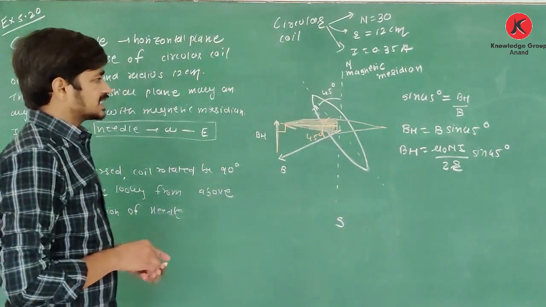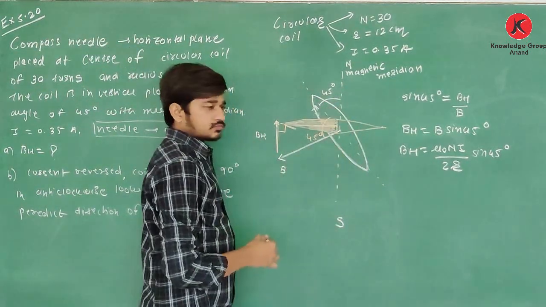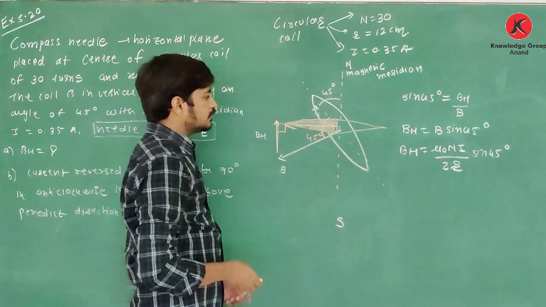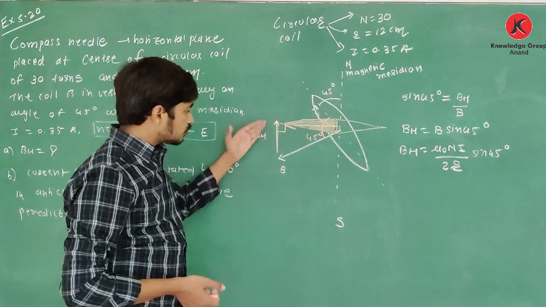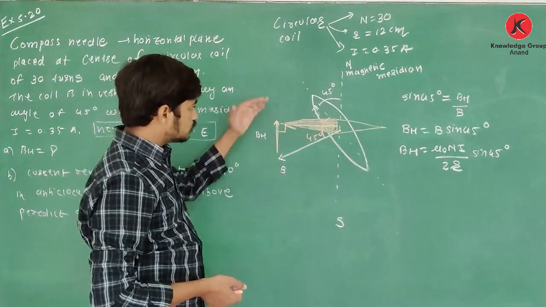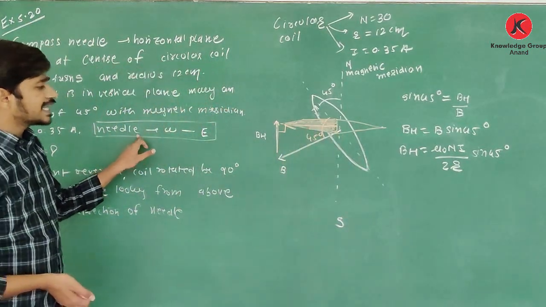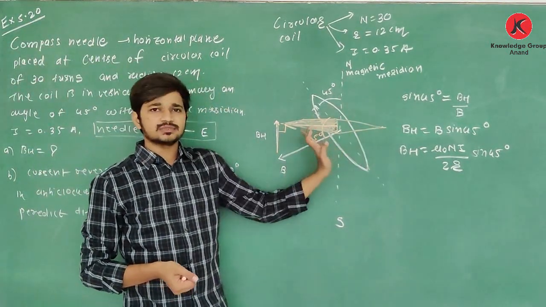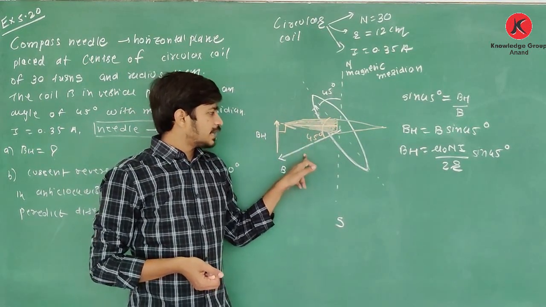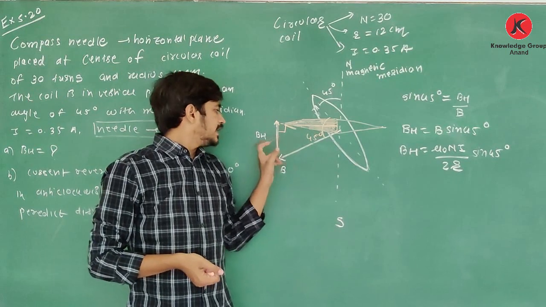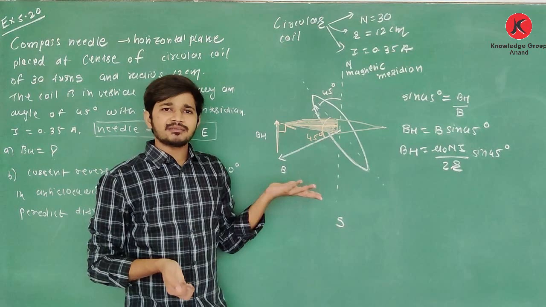Clear about this? So again, this is the magnetic meridian, and the coil is placed like this. Due to the coil, the magnetic field on the axis is in this direction. The horizontal component is from south to north. So the resultant magnetic field, the needle, aligns in the direction west to east. Yes. Here is the magnetic field due to the circular coil, and the magnetic field due to Earth,